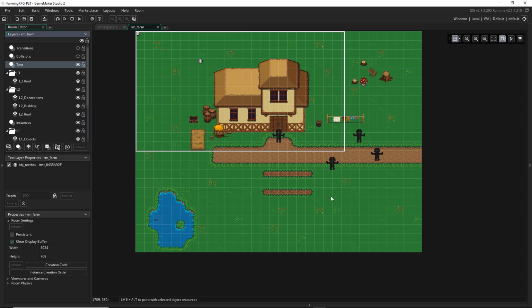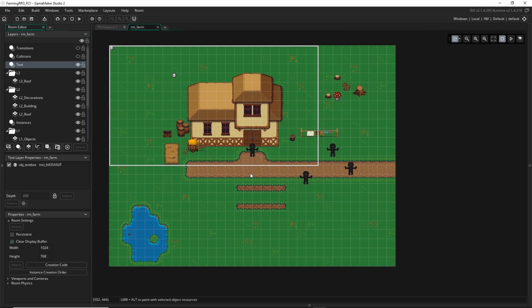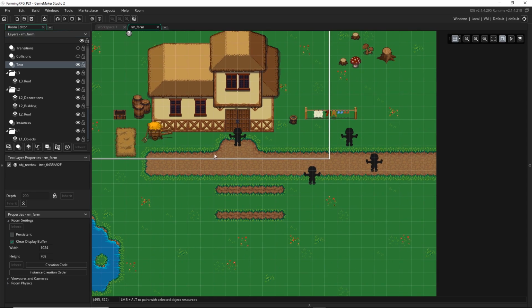So today we're going to continue on with our dialogue system and extend it so that we can have our NPCs using unique dialogue, unique names, portraits, voices, and all of that. So we want to get them displaying all of their correct attributes when we are actually going up and talking